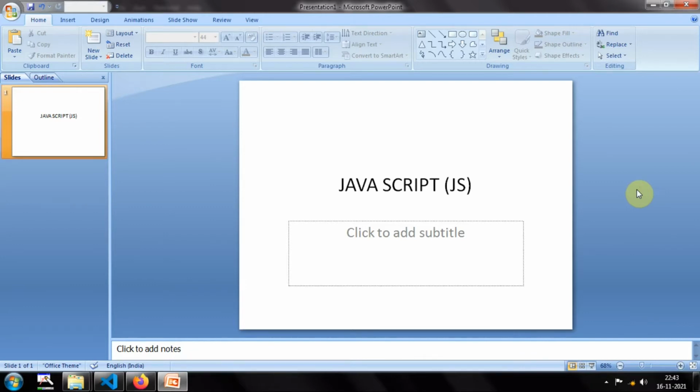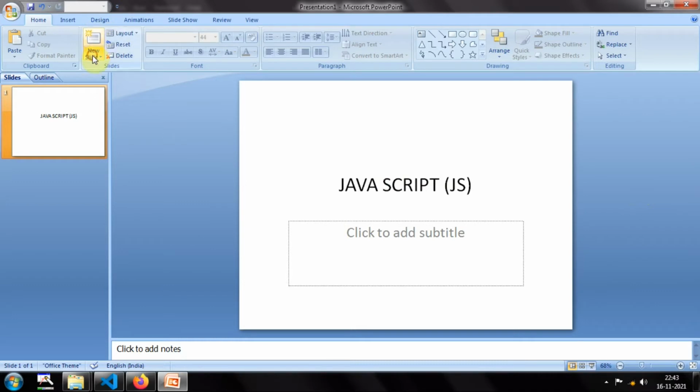So what is internal JavaScript and what is external JavaScript? I'll just explain an overview. Internal is basically writing the JavaScript in the HTML file itself, and external JavaScript stands for creating a separate JavaScript file with a separate name, and that file will be linked to the HTML file. So that is basically creating the HTML code in one file and the JavaScript code in another file, and then linking them together. That is called external JavaScript.